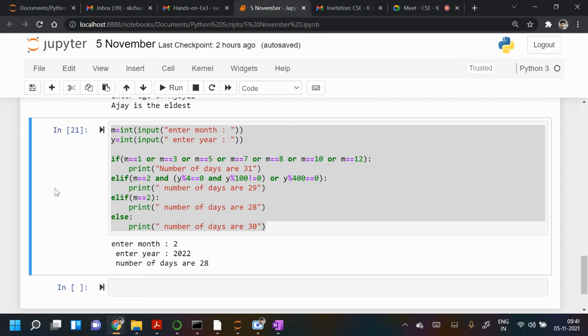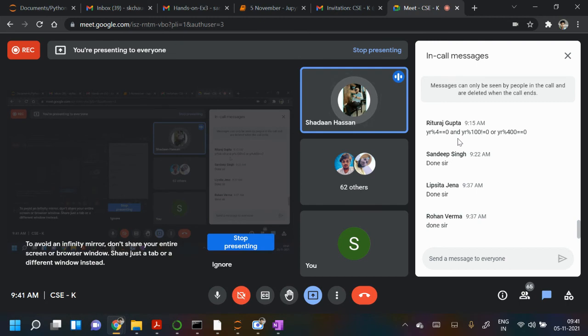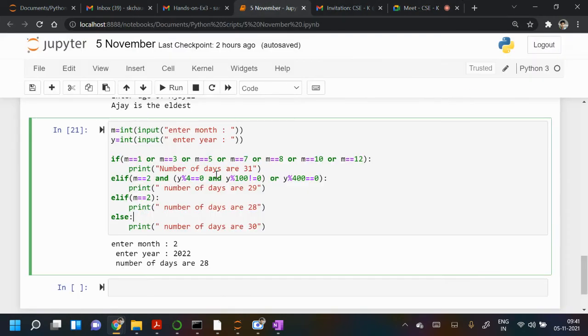Yeah, Sadan Hassan. Are you here, Sadan Hassan? Yes, sir. Have you done this code? You can see it on the screen. Yes, sir. Okay, please share. But can you give me 2 minutes? I have joined from mobile. I will join from laptop and then present. Okay, no problem. So you see this code and just present it. Okay, sir.